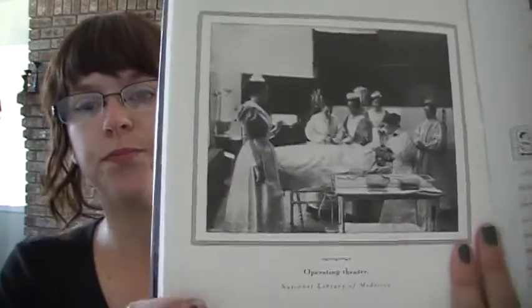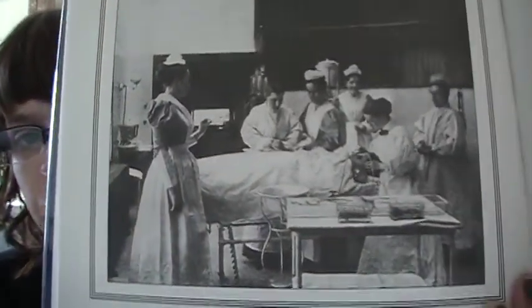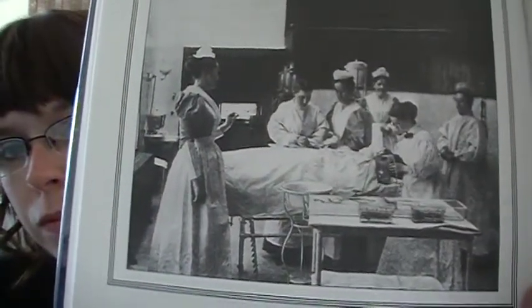I think there is one more photo that I wanted to show you. Here's another operating room, National Library of Medicine. That's not the one photo I wanted to show you though. The one photo I want to show you is very interesting and very frustrating. And it has to do with stuff that goes down in...